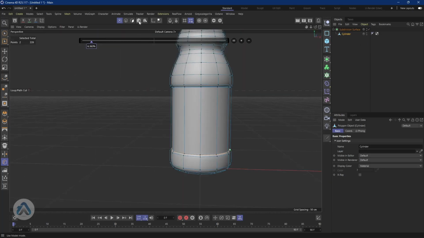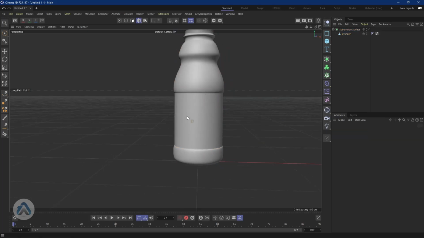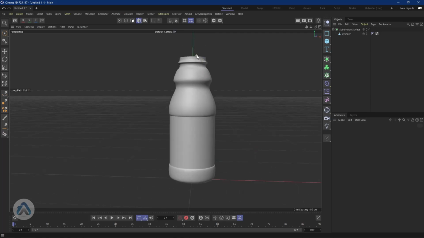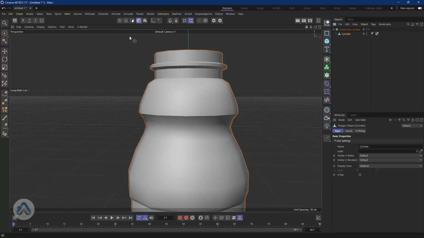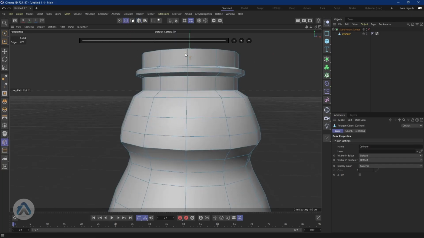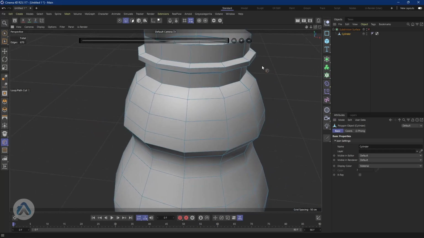Okay, so now we go to the object mode. You see we have that kind of sharp curve there. Okay, so that's what we wanted. And we do the same here at the edge right here. So disable this, go here, go to the loop or path cut. And another way to do it is actually using the